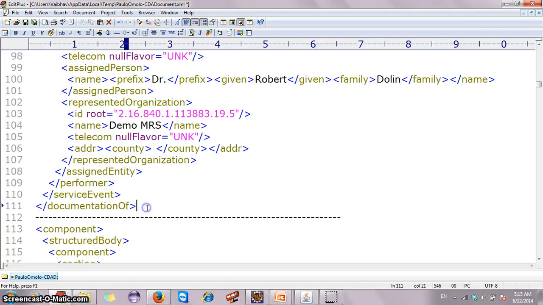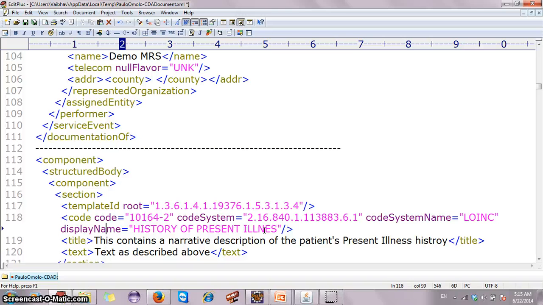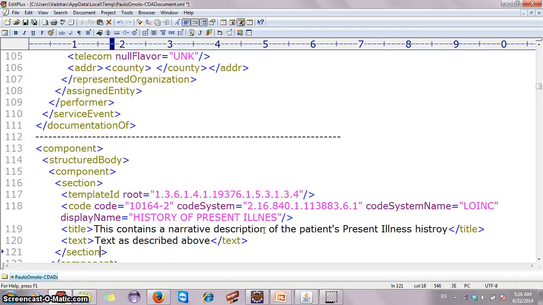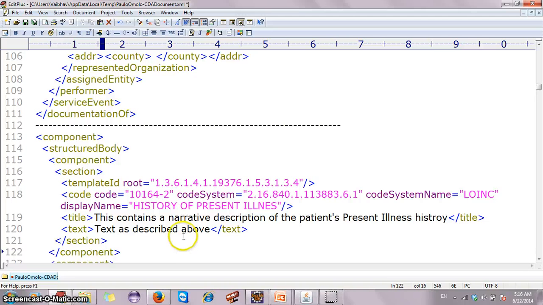So till this point it's CDA header, and from here it starts a body. CDA body has many sections, and each section will have entries and narrative block. This is a narrative block which doesn't have any data currently, and we will be populating the answers here using concept dictionary.